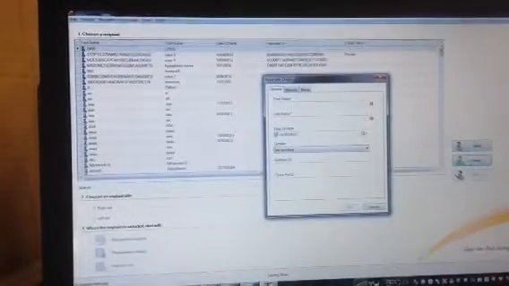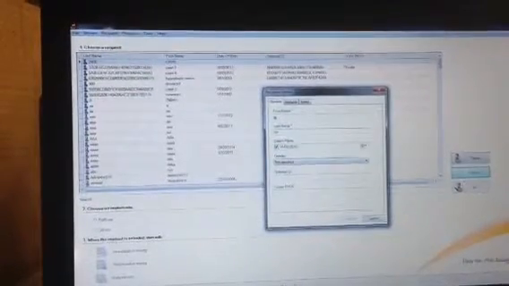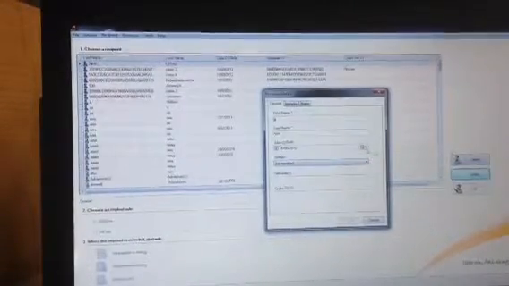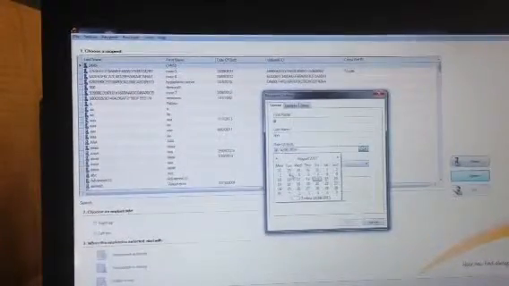You would have to select the first session, that is for the new patient. You will have to create a new patient. You will have to punch in details of the new patient. So the name, first name, last name is very critical. The date of birth is also very important that you need to put in.